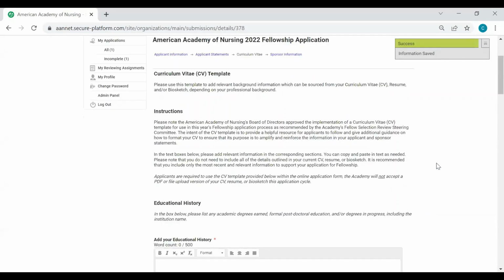Now we are on to the CV page. With the CV template being utilized for the first time this year, we wanted to err on the side of caution and provide the most amount of space possible for applicants to include all of their relevant information that they would like. So you will see on this page, there are